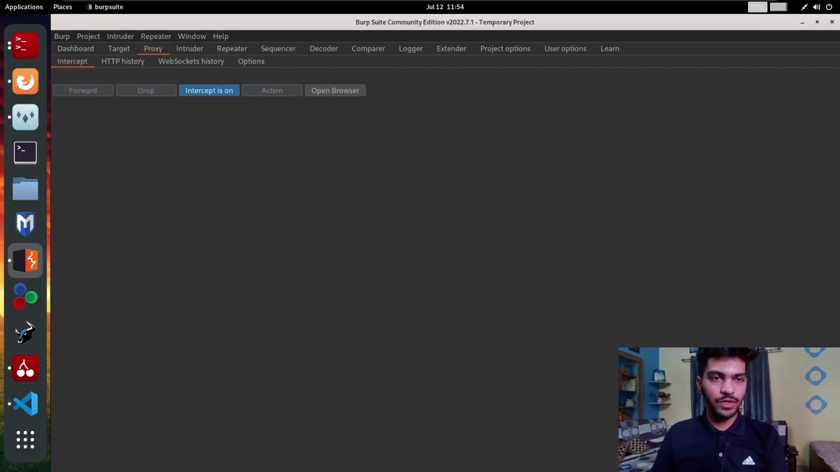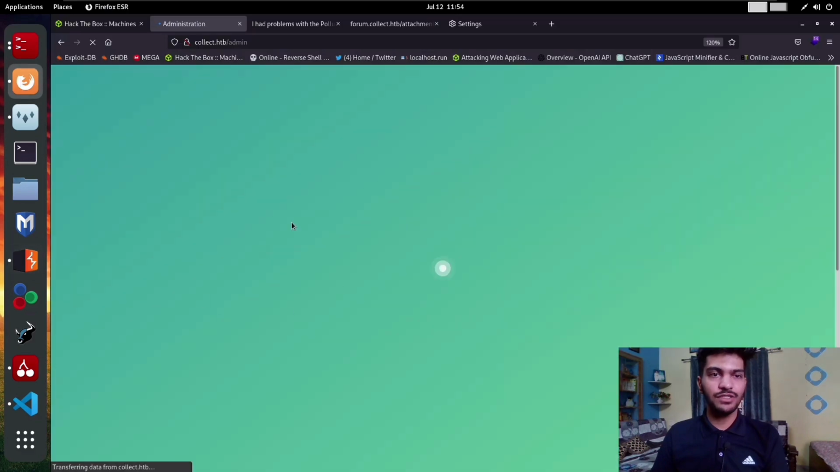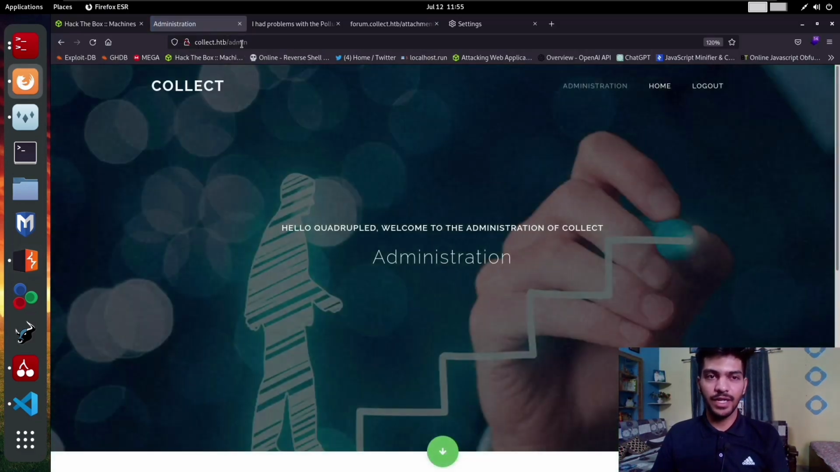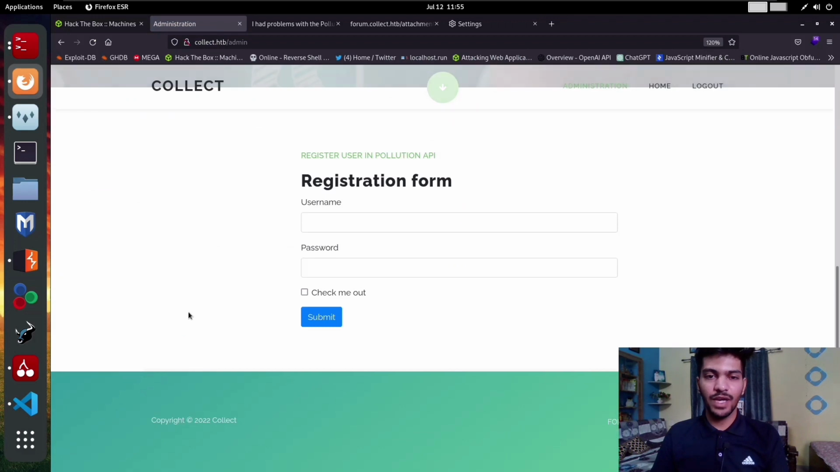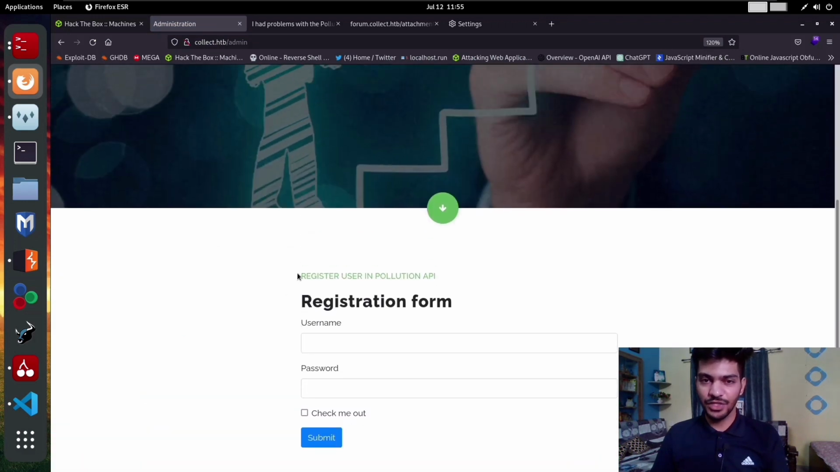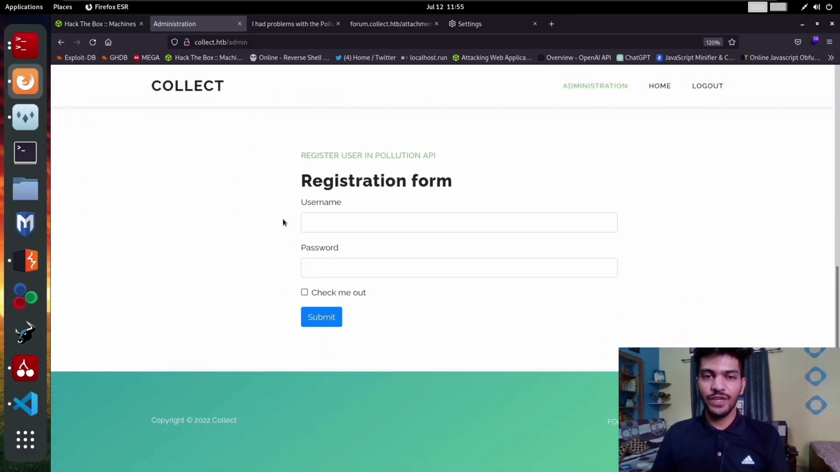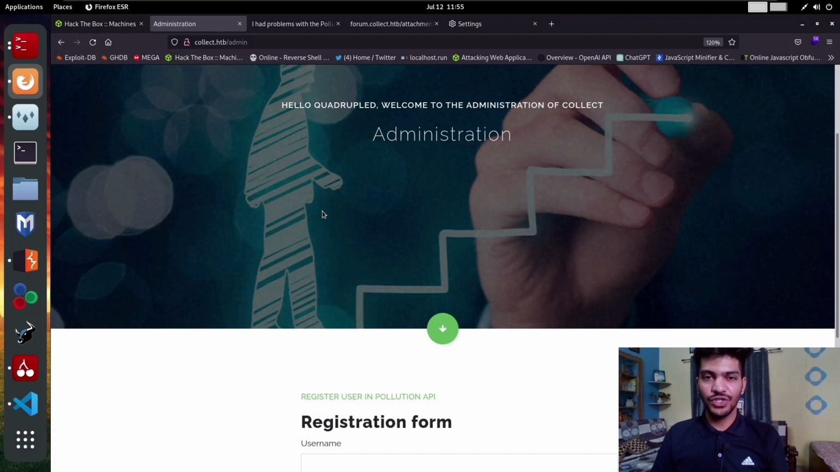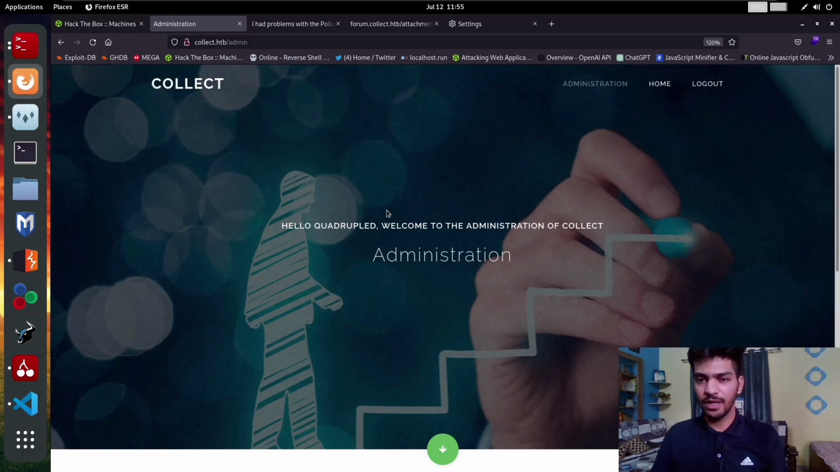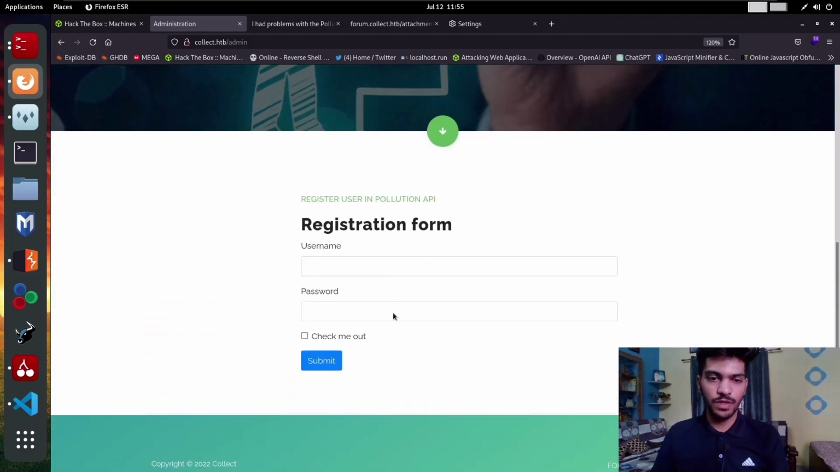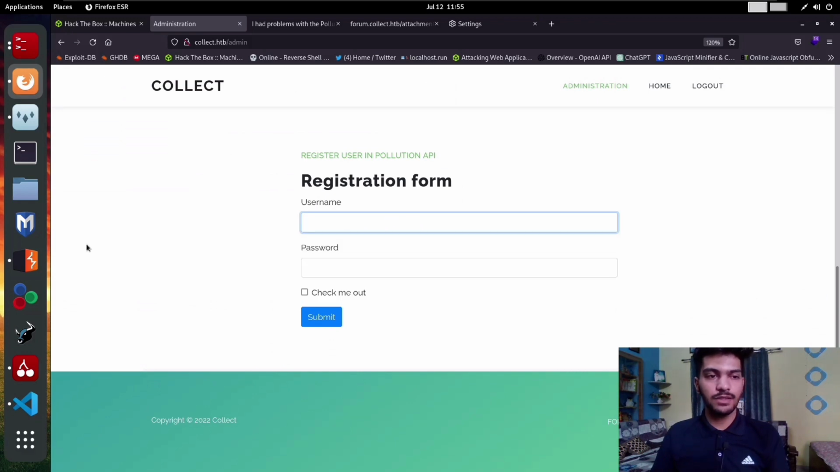And if I forward the request, as we can see, we are automatically redirected to the endpoint called admin, and now we have access to the collect administration. Okay, and we can register a user in the pollution API. Fine. So now we can test the pollution API. Hello quadruped, welcome to the administration of collect. Okay, that's cool. Now we are going to again turn the interceptor on